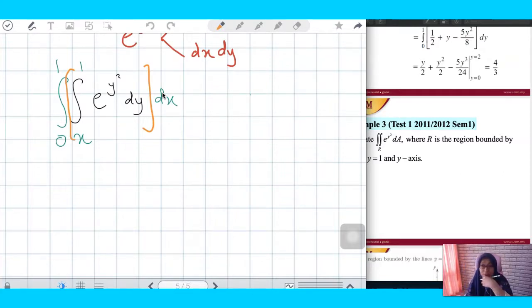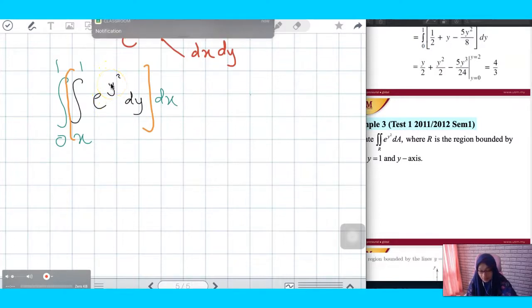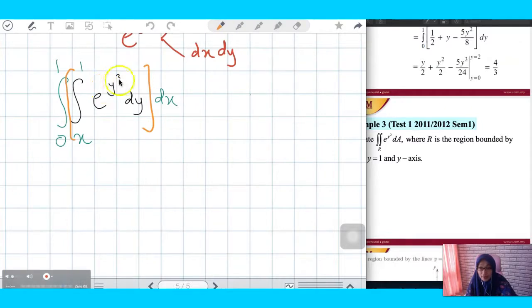Okay, so now you have the y squared here. So it looks like if you have just e^y, we should have no problem, because you integrate e^y and you will get e^y back, isn't it? But now you have the y squared. It looks like you have to... okay, the simplest method of integration that pops up in your mind now is